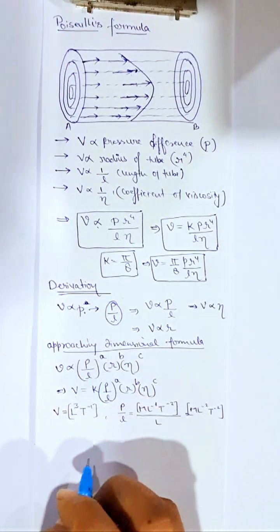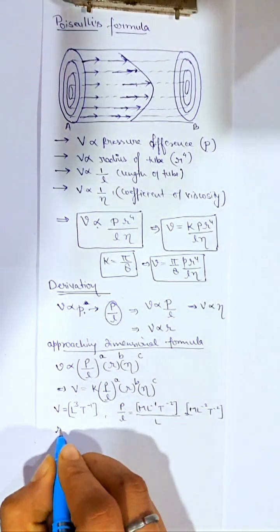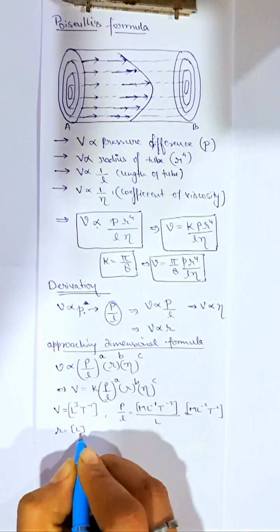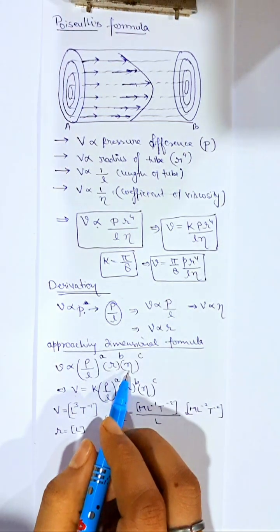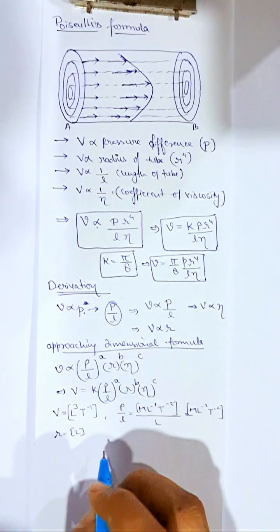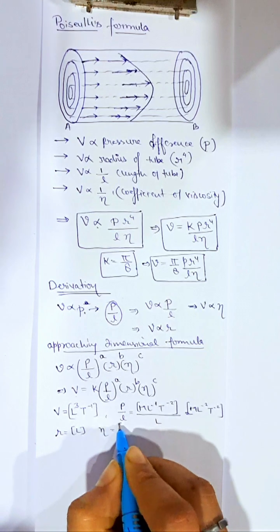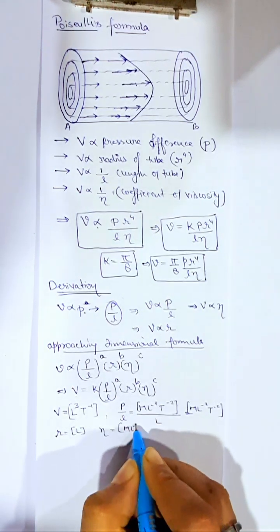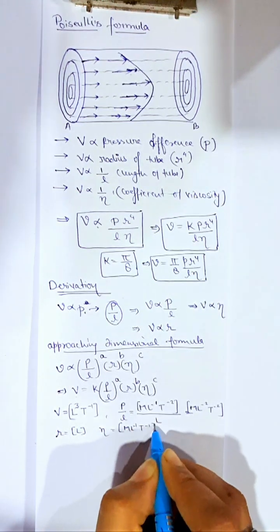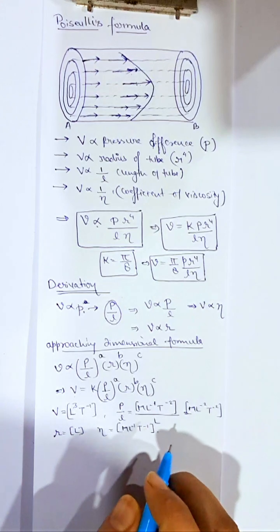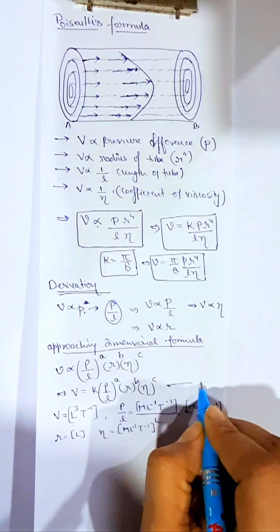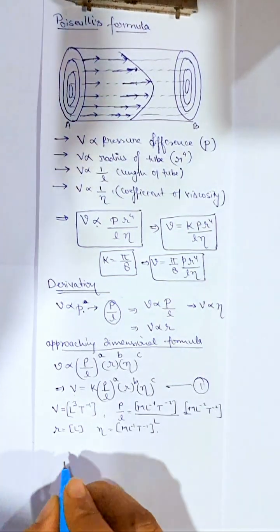R is radius, and eta is the coefficient of viscosity. Putting the values in the equation, we get